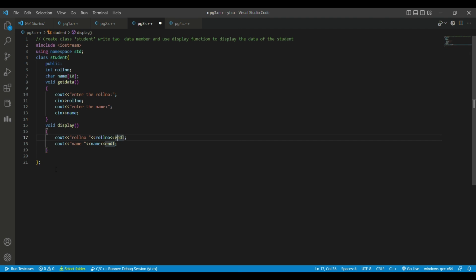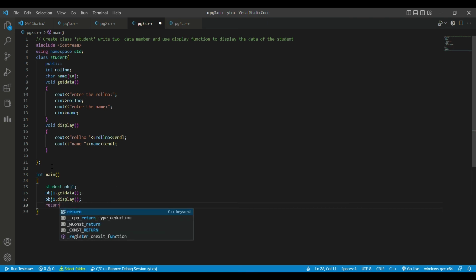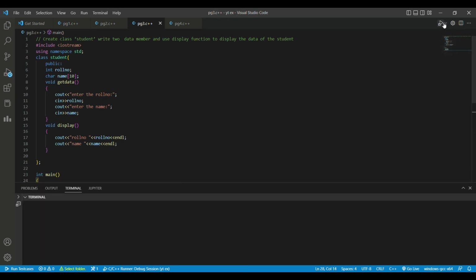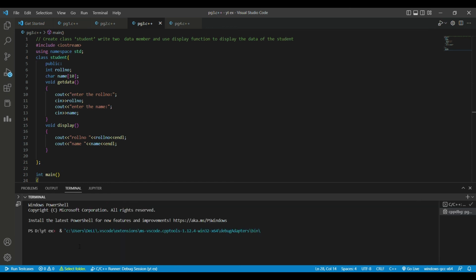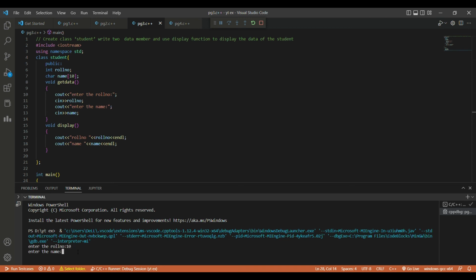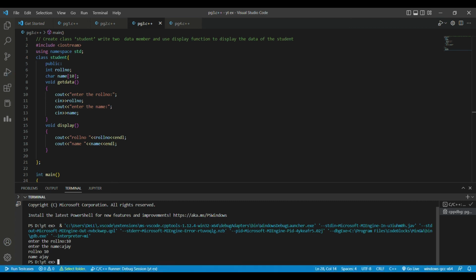I would like to declare my main function, int main, where we have declared our objects. Student is our class name, and obj1 is an object of class student. Obj1 first calls get data, which takes the data from the user, and then object 1 goes to display the data which is saved in object 1. Return 0. Now we have to run the program. Enter roll number. Let's say roll number 10. Name is Ajay. And here we got roll number as 10, name as Ajay. Similarly, if you want